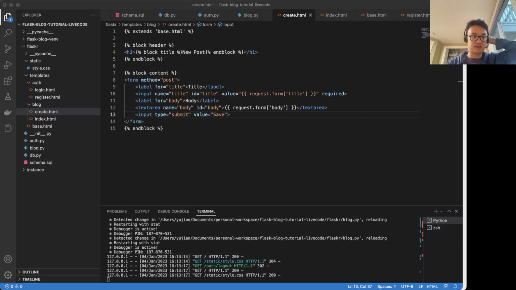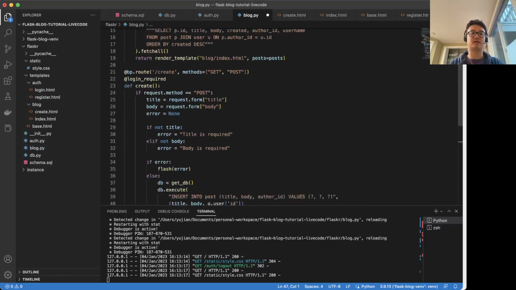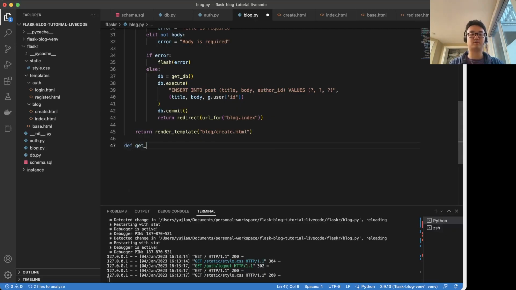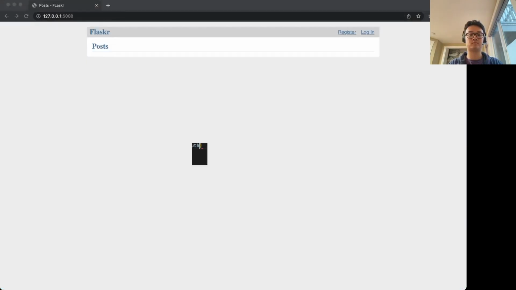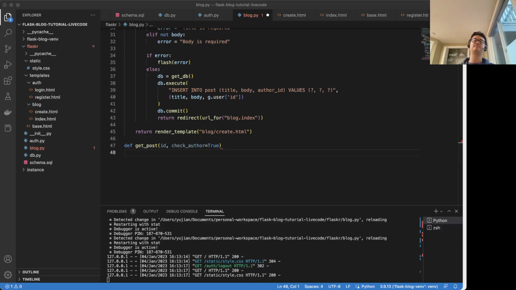Okay, so the update is going to do the read. It's where we implement the read function, basically. But this is not going to be a route. This is traditionally called the read function. They call them CRUD: create, read, update, delete, right? So